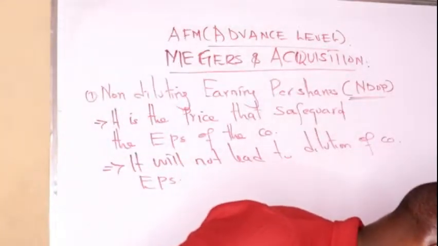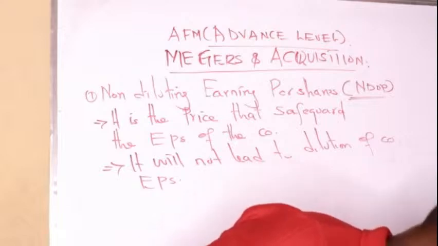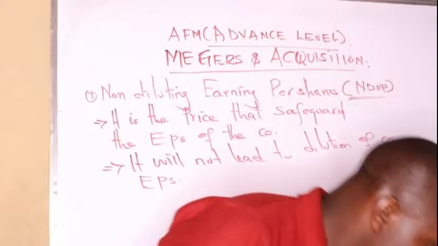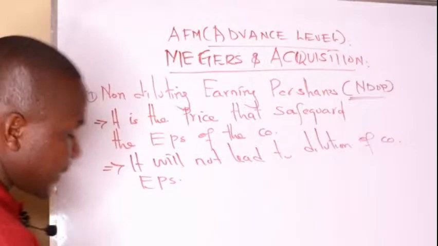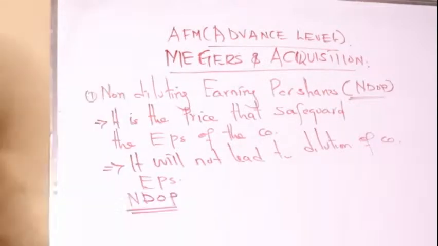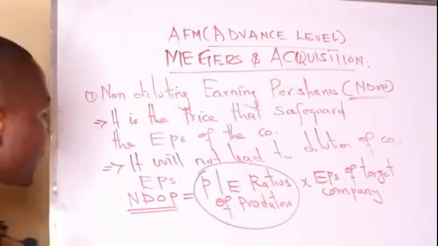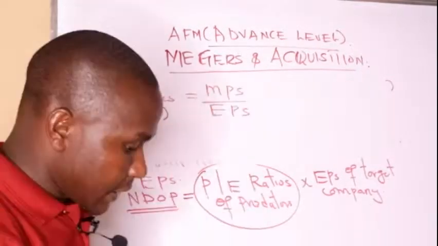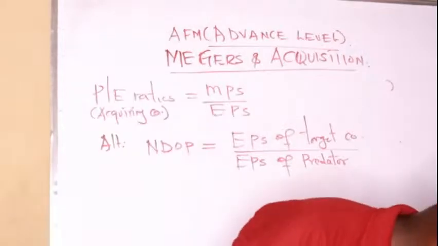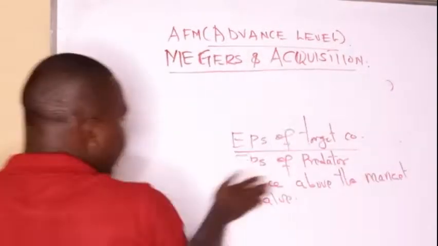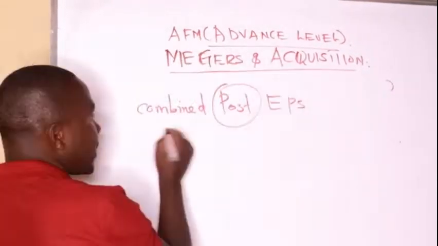So let's get the formula of this non-diluting EPS. How do we get this non-diluting EPS? Remember we said how to get the P/E ratio, we must compare to the ratio of what, after getting one